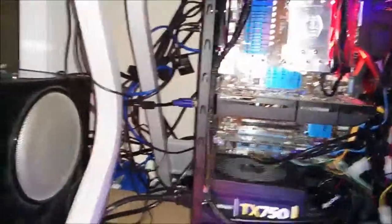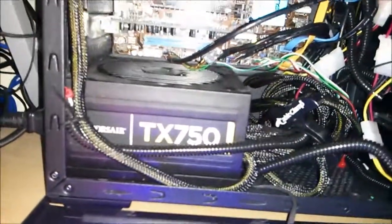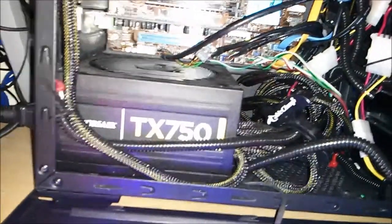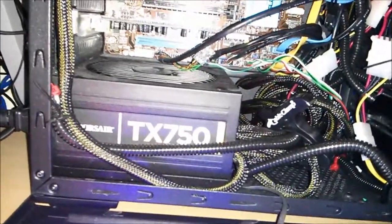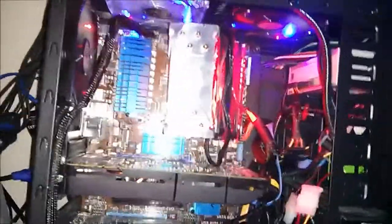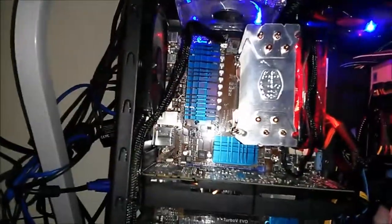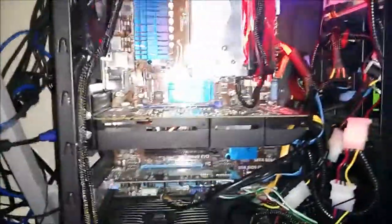Don't worry about that rattling sound. That's just my GPU, graphics card, whatever you want to call it. And anyways, the power supply that's powering this whole place is a TX 750 by Corsair, and this motherboard is an Asus M5A97 R2 motherboard. It's a pretty sweet motherboard, has a lot of features on it, full ATX, and